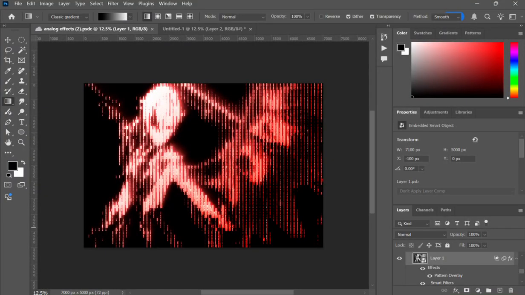Hello everyone, I'm going to show you how I created this futuristic monitor analog effect in Photoshop. But before I do, I just wanted to clarify that I did not make this pattern. It belongs to Texture Lab, and I will go ahead and show you their website where you can download this